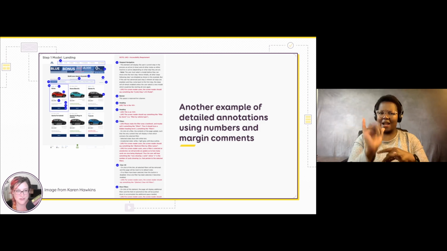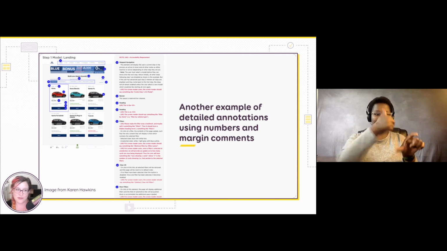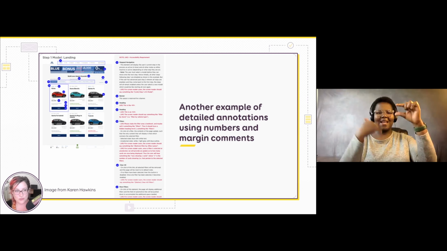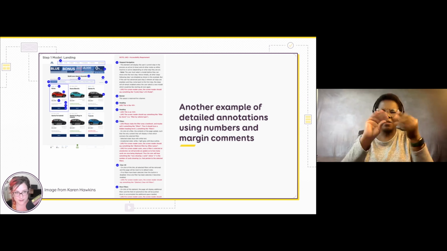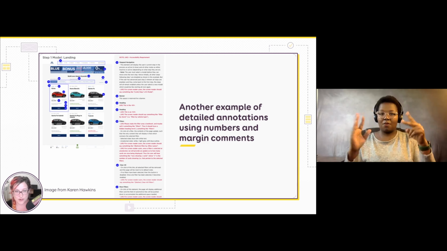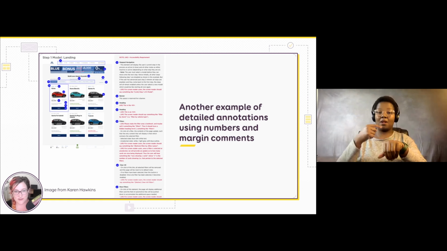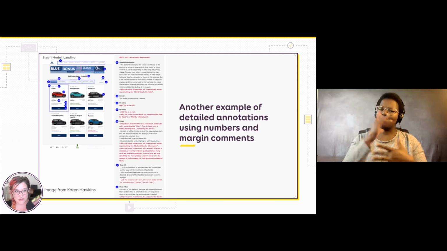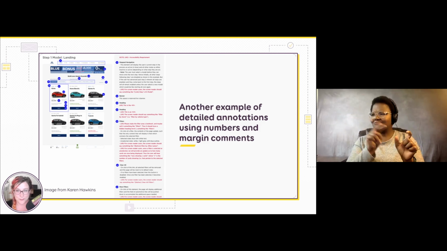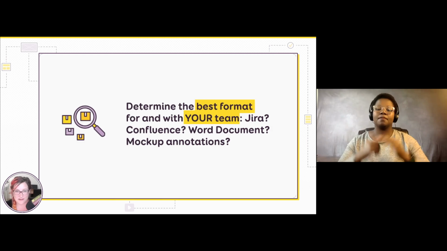So on the left here, she has the mockup of the page, and on top of this mockup, you have some little blue dots with numbers and some little blue areas. And on the right of the mockup, she has a very detailed design annotation. Regular annotations are in dark, and then she has specific accessibility requirements in red with the prefix AR to make sure that people who are colorblind also have the information. And I really like the way she does that because it's quite elegant, and you have everything next to each other so you can understand pretty quickly. So that's how I and Karen document.